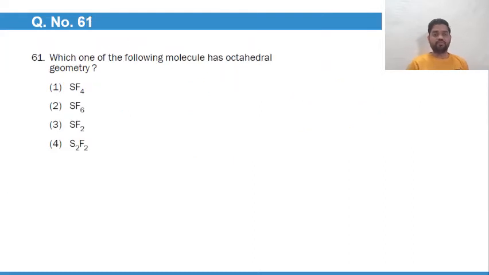61. Which one of the following molecules has octahedral geometry? So for octahedral geometry, guys, the minimum thing that is required is 6 side atoms. That means of the type AB6, 1 central atom and 6 side atoms, or 5 side atoms, 1 lone pair, or 4 side atoms, 2 lone pairs, and so on. So if we'll see in all the cases,